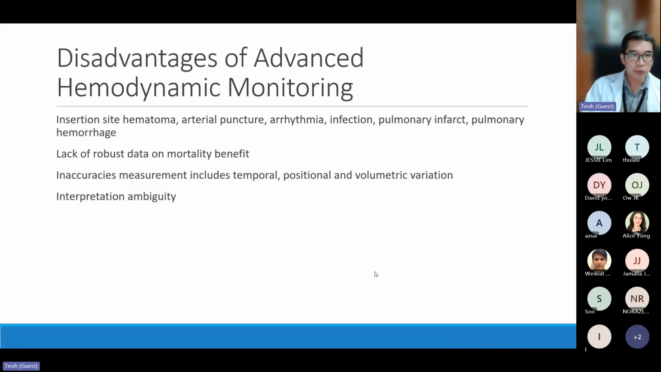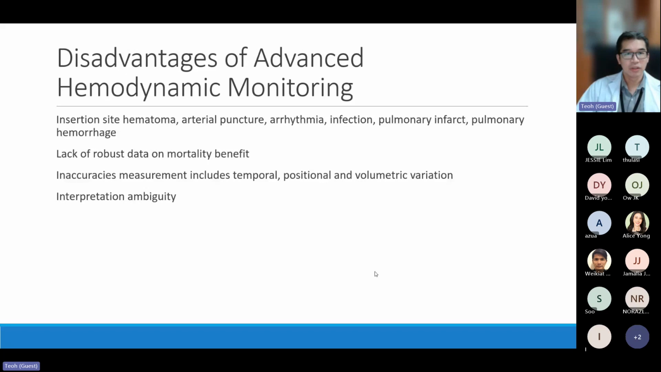And of course, talking about the good things, definitely there are disadvantages of all this advanced hemodynamic monitoring. So we are talking about the complications. When you're inserting the line to get all these readings, there's always a risk of complications like hematoma, arterial puncture, arrhythmia, infections. If the Swan-Ganz is pushed too far in for a long time, it will cause pulmonary infarct and